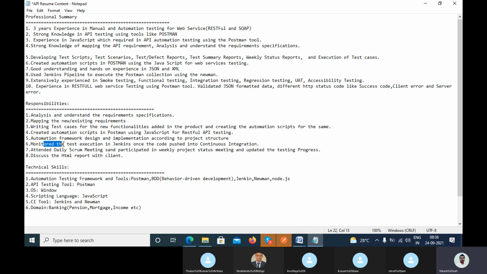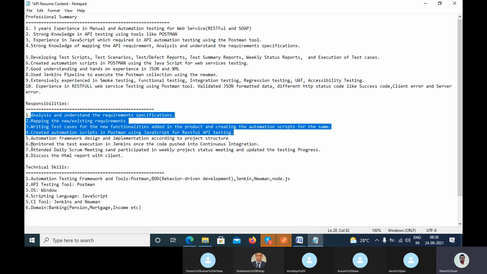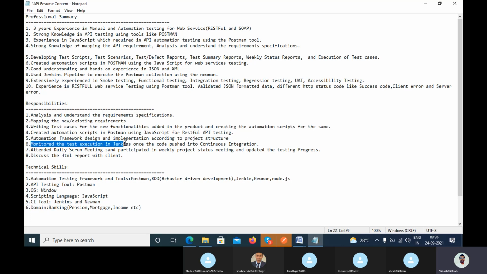Monitor the test execution in Jenkins once code is pushed into continuous integration, right? So whenever the code comes to the services in your branch, you are executing your collection, and you are monitoring your test execution in Jenkins, right?